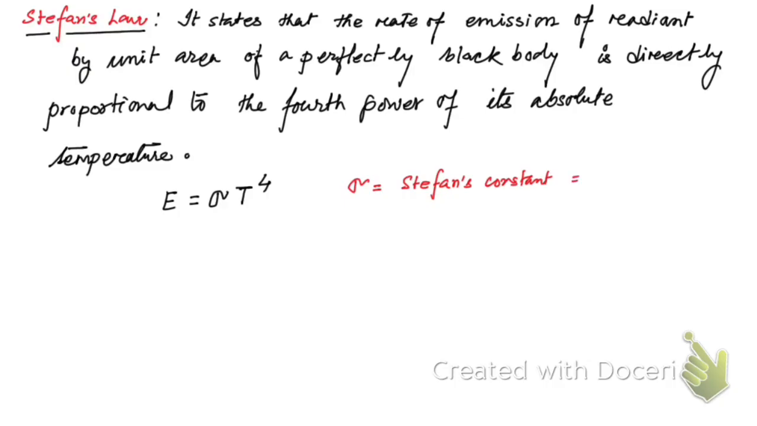And its value is equal to 5.67 into 10 to the power minus 8 watt per meter square per Kelvin to the power 4. So this is the unit. Okay, so now you see,